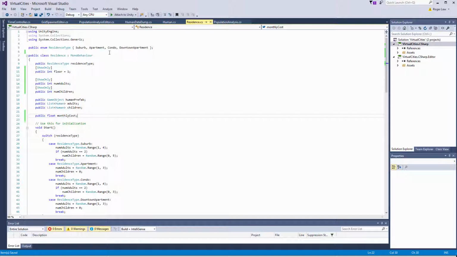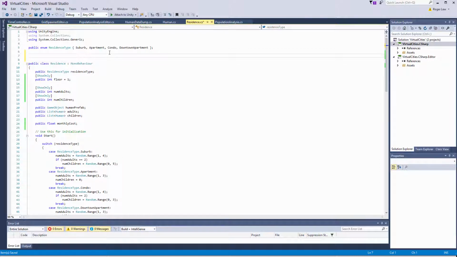But to do that, we want to define some parameters that define the range for each type. And after thinking about it, I think the best way to do that is to come up with some static classes so that these values are locked across all the different residences and all the different scripts, so we can be sure that we're using the correct values. So let's go ahead and do that by doing public